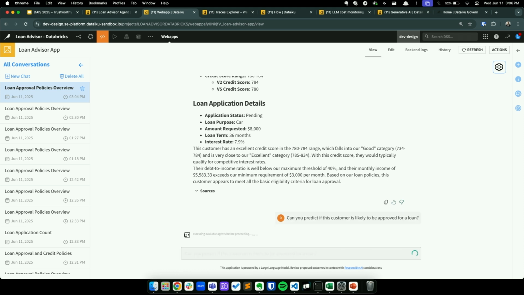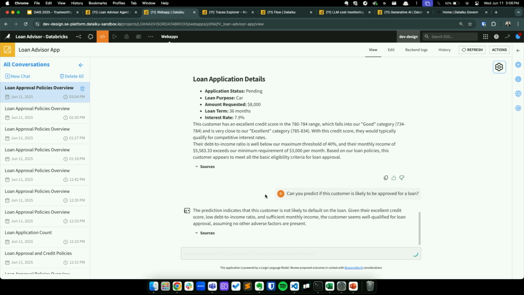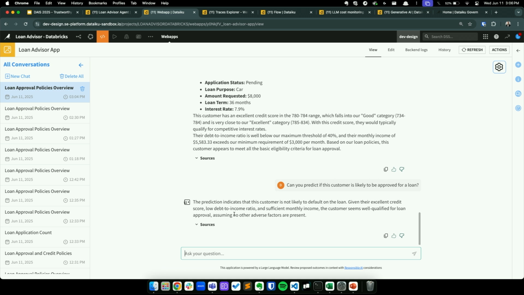And now it's going to go ahead and actually query the predictive model that we had created as part of this Dataiku flow. So again, the connection between the analytics, the predictive modeling, and the agent all in one project is very powerful. And as you can see here, based on the agent's behavior and the tools that were called, it was able to ascertain that the customer is not likely to default on this loan, which is good news. It means we can give this loan to this customer.